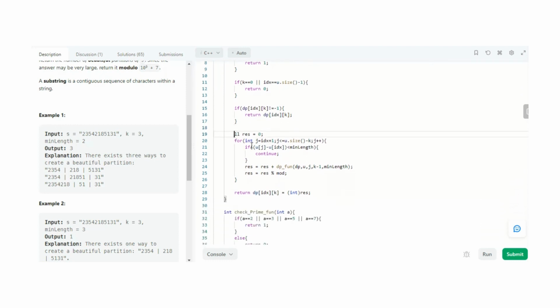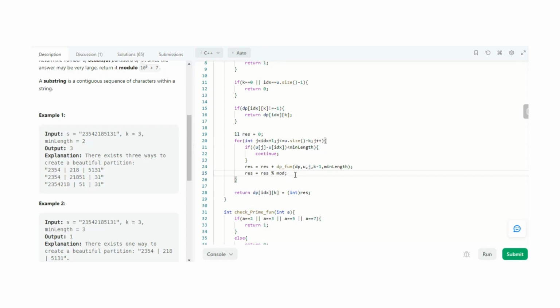So this is the main part of our code. What we have done here is that we started with idx plus 1, checking whether the partitions, or we can say the characters we get in that range, are less than min length or greater than min length. So we are checking that condition only, and at last we are storing our value, whatever the function returns to us.